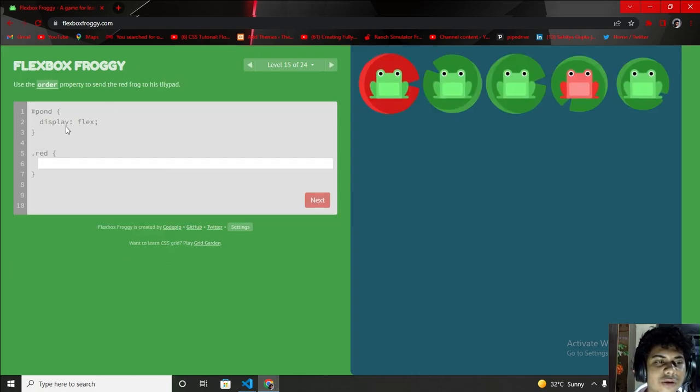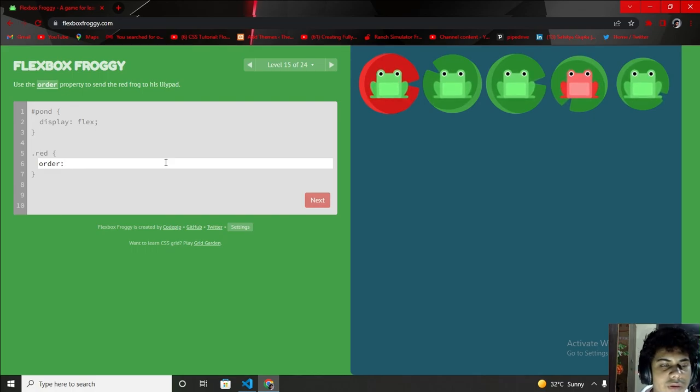So the hint is in the question as well. You can see, oh my god, there are now 5 frogs. I want to place this frog here. So let me write order: 4. Let me try. No, there is not a row. There is not a 4. I think 1. Why is it not working? Let me do 0.